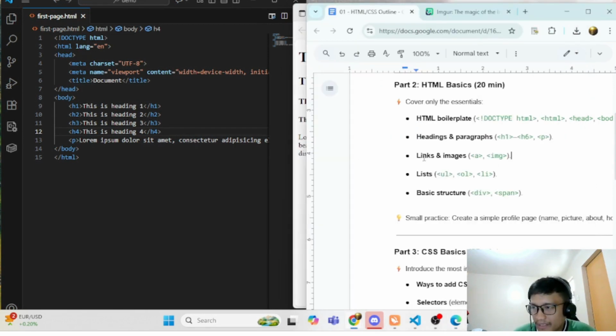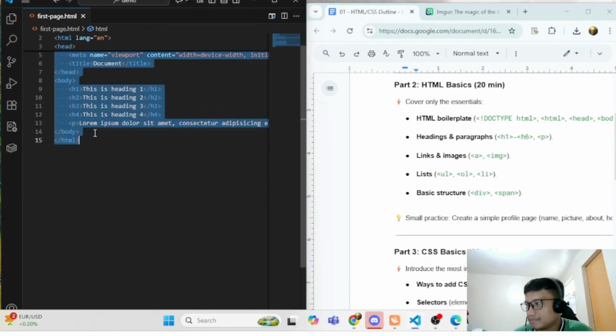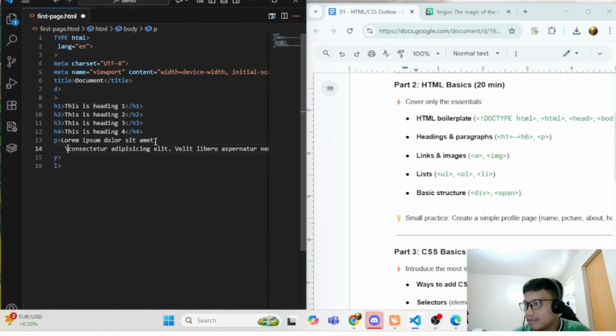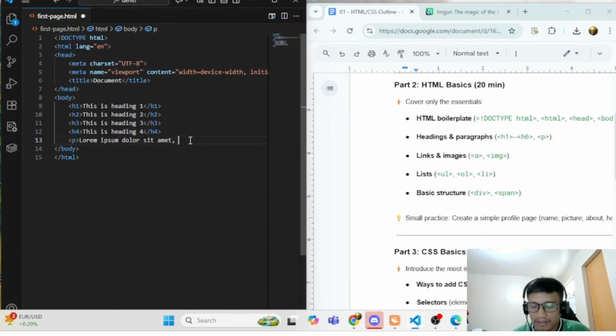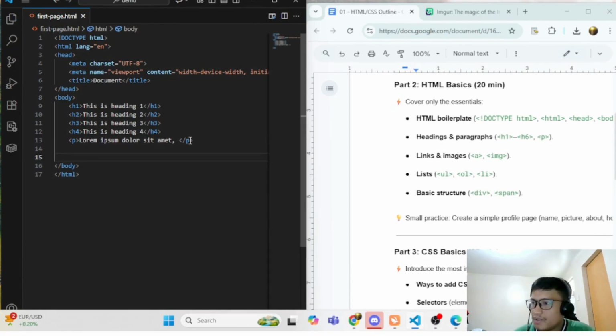Next is links and then images. Link. So, for instance, you want to redirect the user from one page to another. That's how we use a tag or anchor tag.